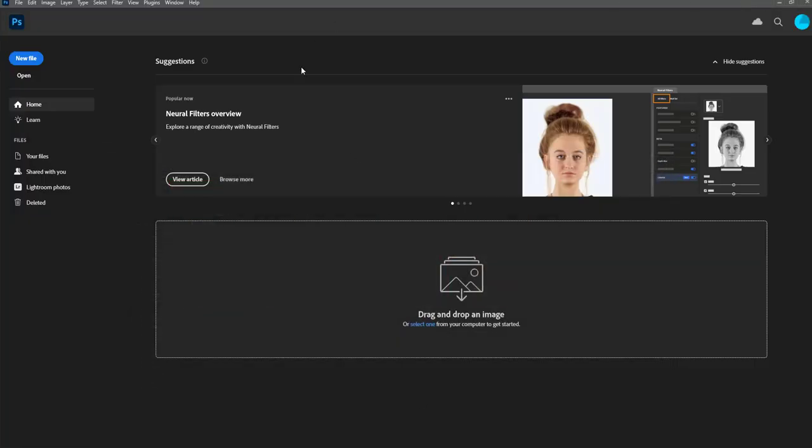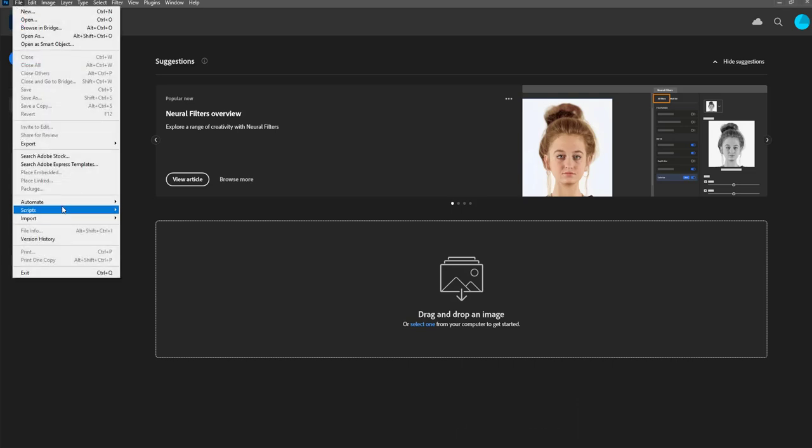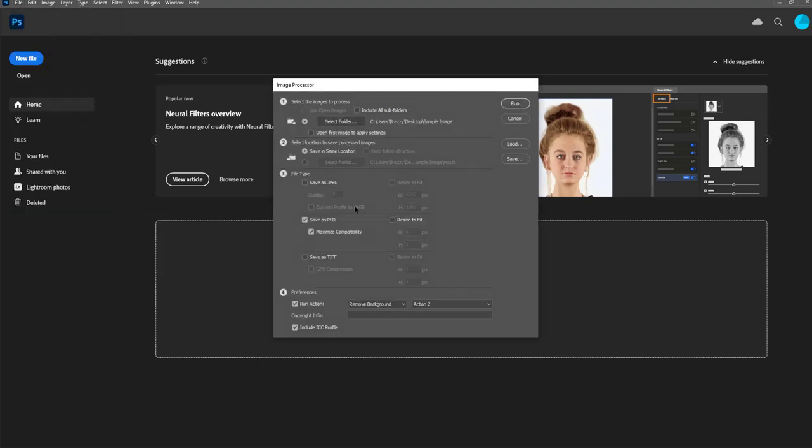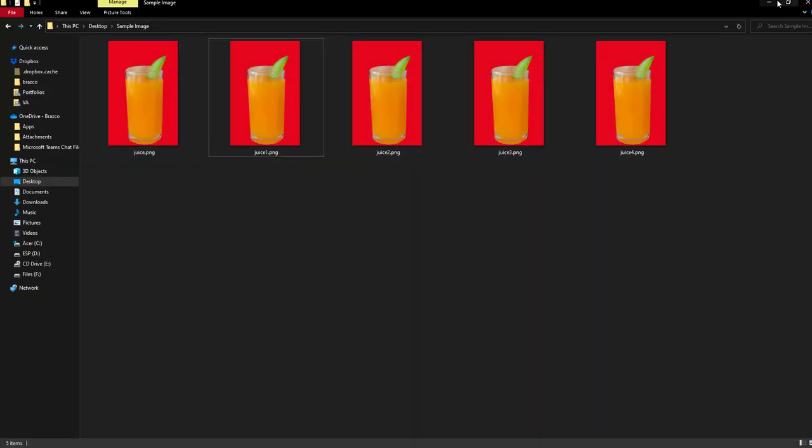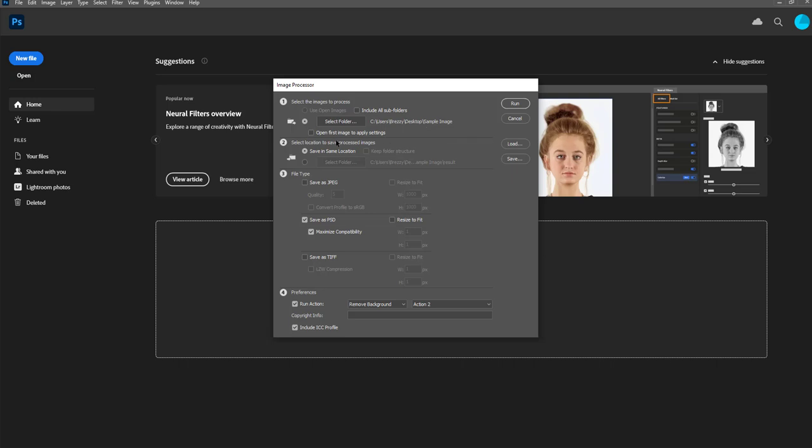So let's run a script. Go to File, Scripts, Image Processor, and then select the folder. This is the folder, desktop sample image. I would like to save it in the same location, and then I want to save it as PSD.